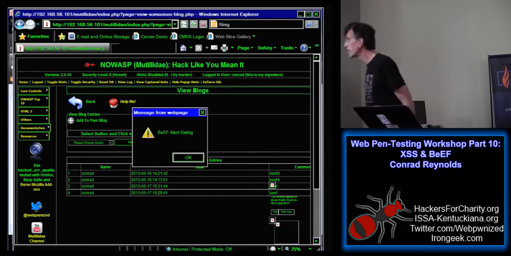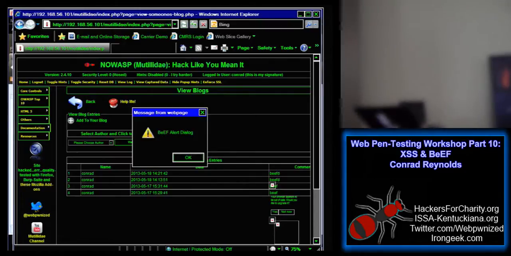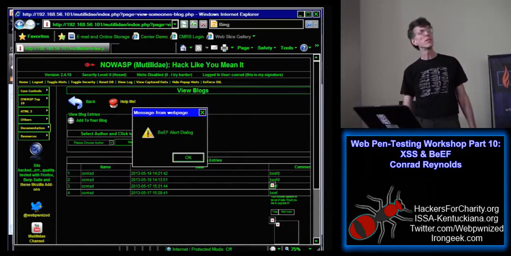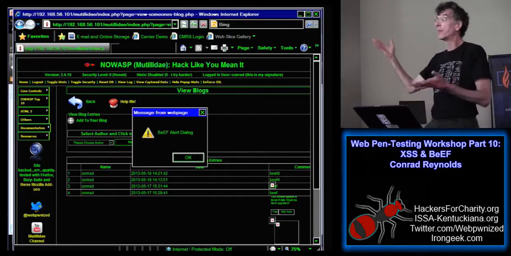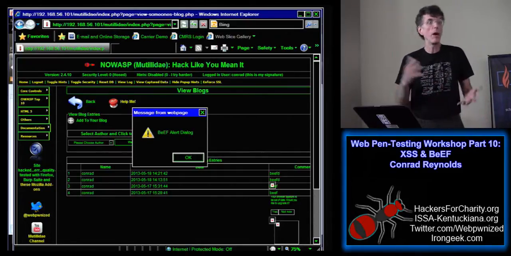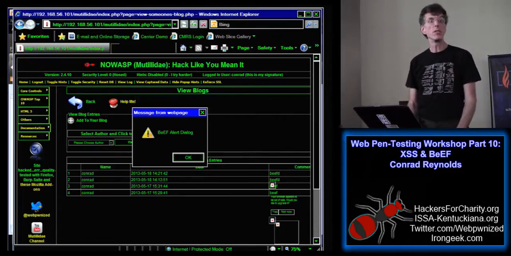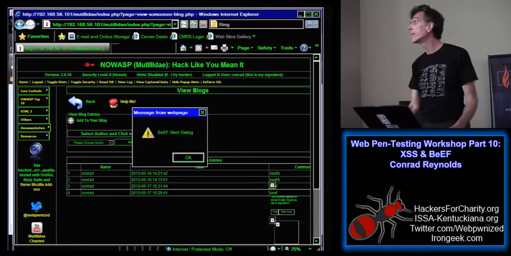Again, this is kind of a case where Jeremy says that somebody might look at that and say, well, so what? We got an alert dialog. But what it really means is that we were able to asynchronously execute the JavaScript necessary on that particular browser to get that to run. I mean, the user didn't have to click on anything. They were just sitting there after they did the initial hook click. We were able to kick that off remotely. That's where it really comes into play